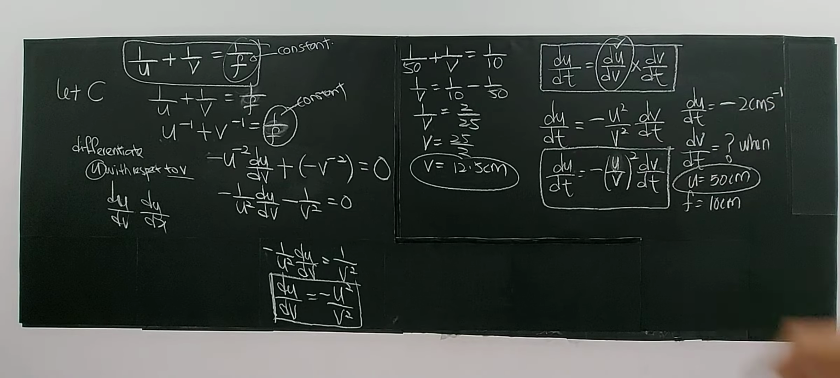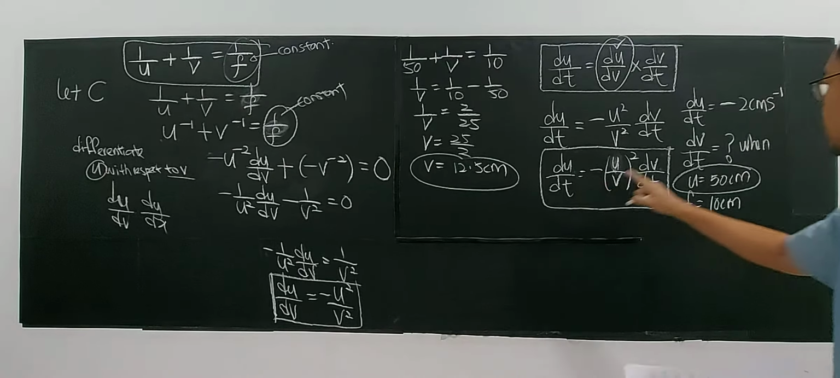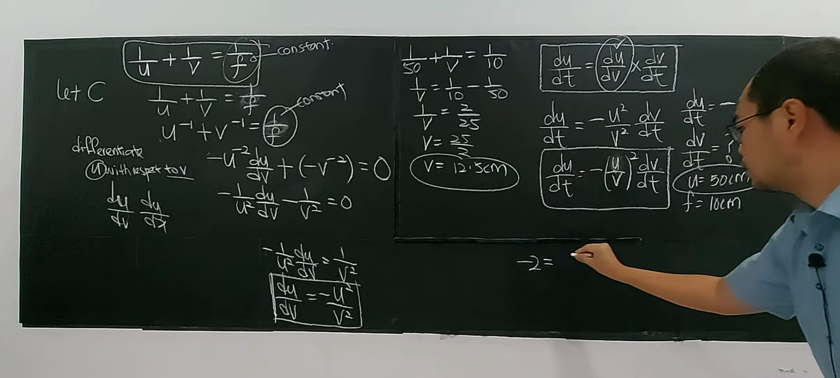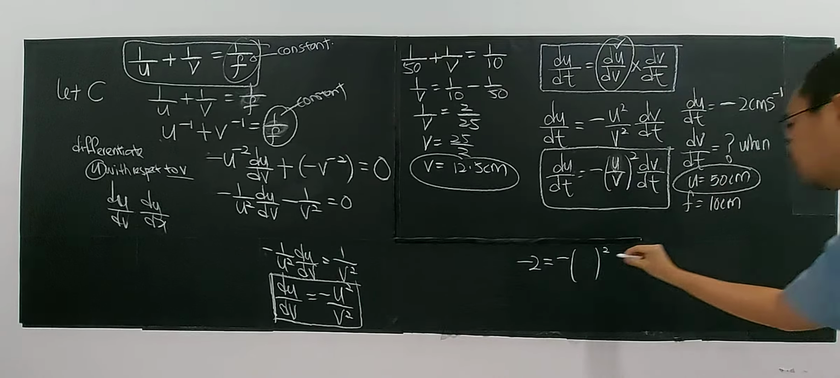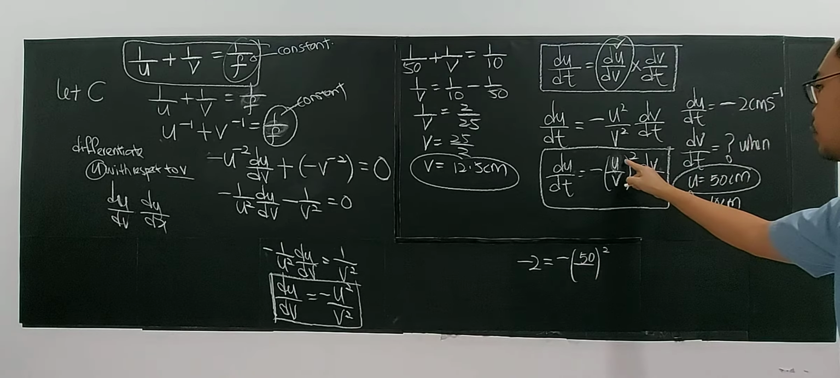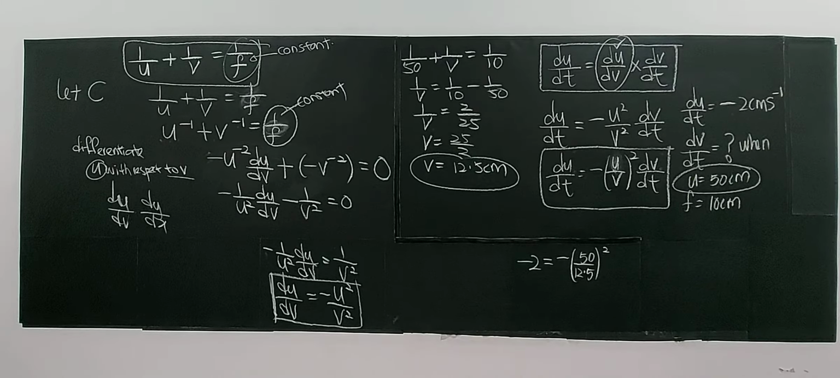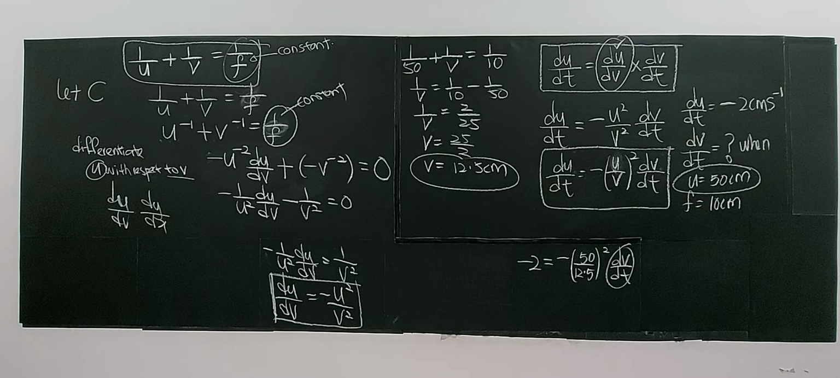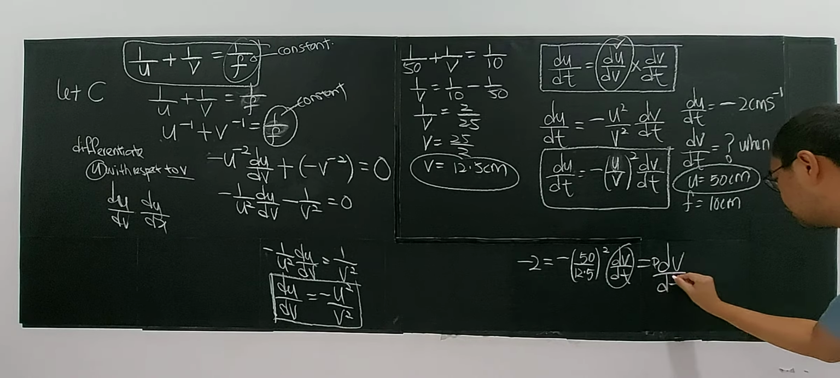So now you can find the rate. You can find dv dt. The question requires you to find the rate of increase of v, dv dt here. So du dt is negative 2. Remember, it's negative 2. So that equals negative u. U is 50, right? U is 50. V is 12.5. Then you want to find dv dt, right? So by calculator, you know that dv dt is the same as